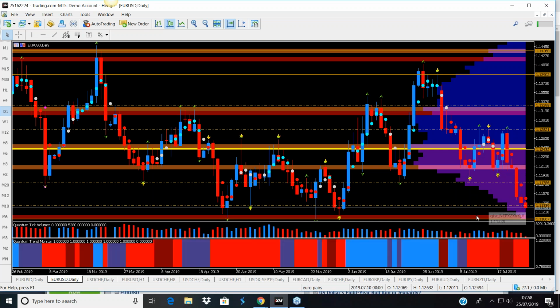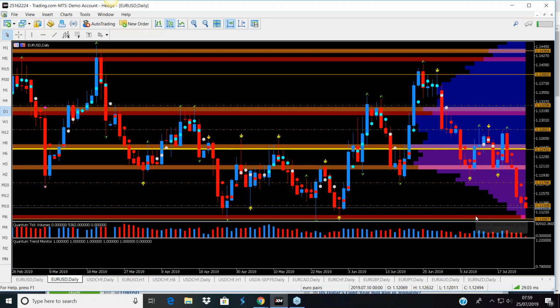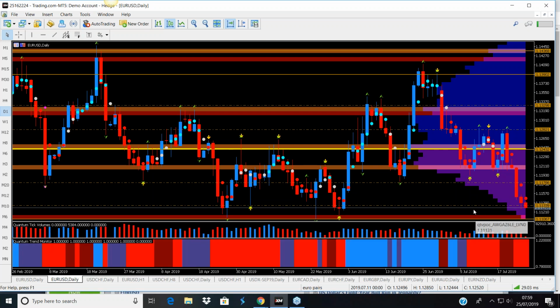So what you have, certainly on an intraday basis, is that you may have opportunities, but this is not a discernible trend over the longer term. So sideways trading